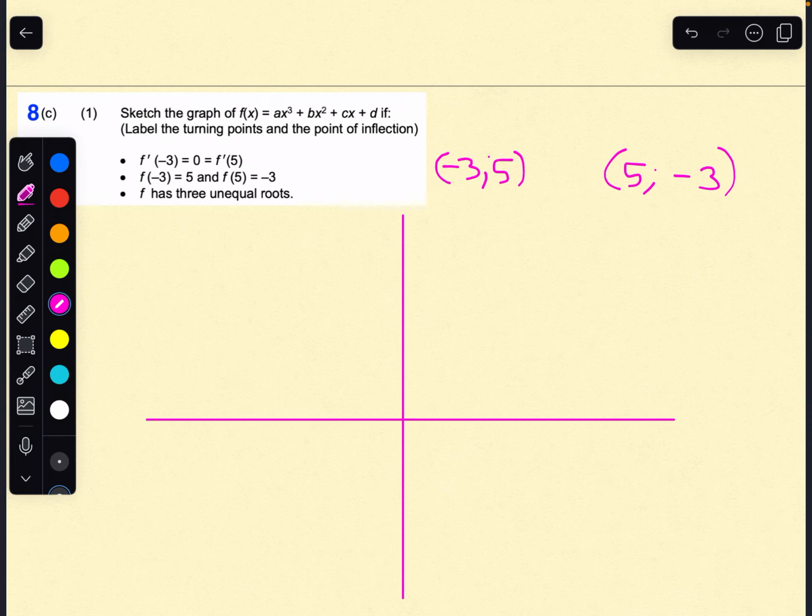And because we've got three different x-intercepts, that already tells me that we're going to have a shape like this,